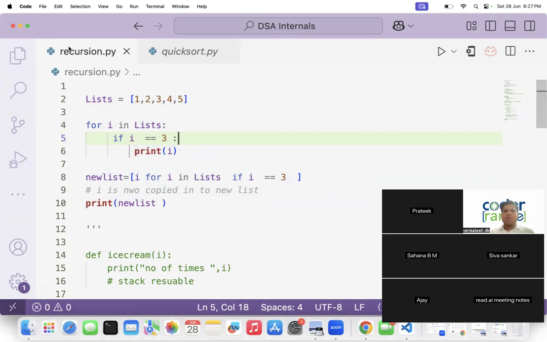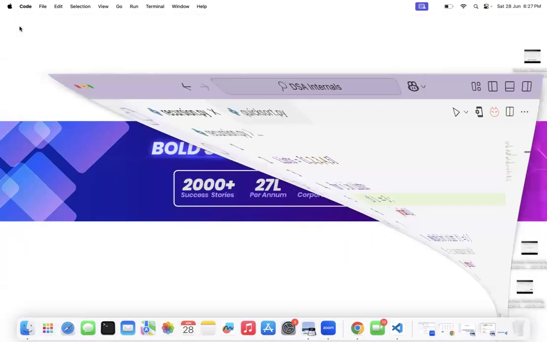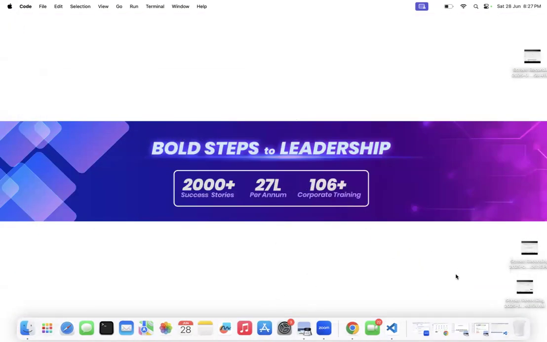Now we are going to go a little behind the scenes and understand something very crazy. And what is that? I'm going to talk about